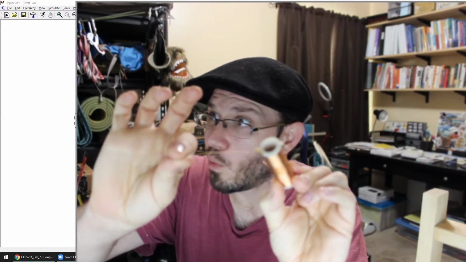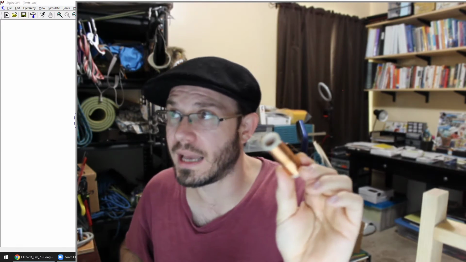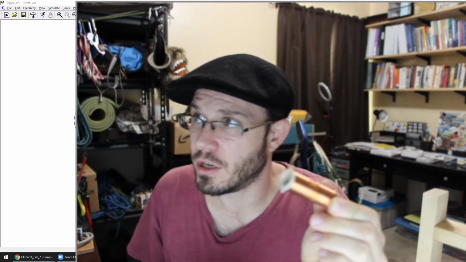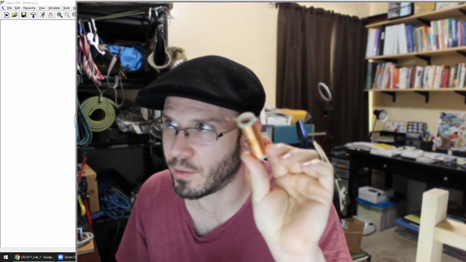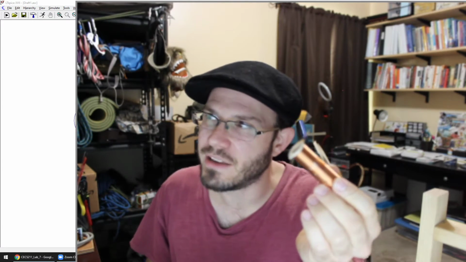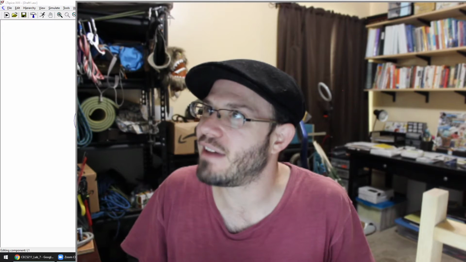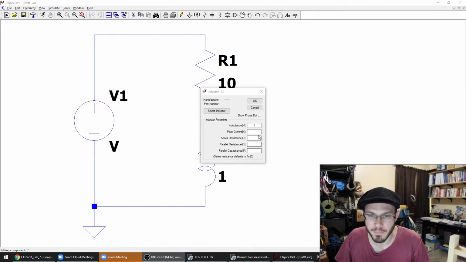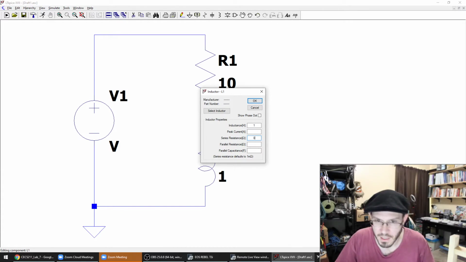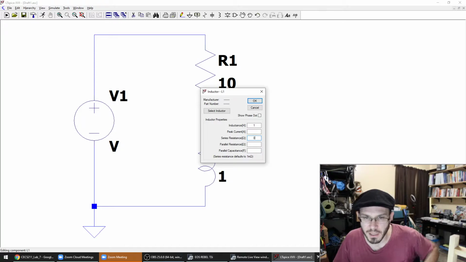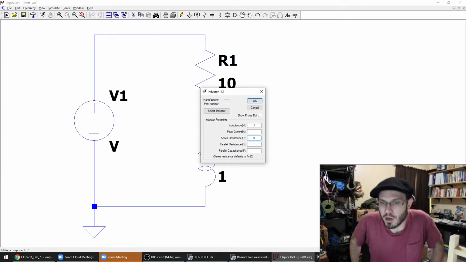Now, wire, we've been ideally visualizing it on the board as having 0 ohms of resistance. But unless you're cryogenically freezing your wire, you're going to have some resistance. And so LTSpice tries to put that into the model by default. So since I want this inductor to behave more like an ideal inductor, I'm going to set its series resistance to be 0 ohms. So when you right click on the inductor, below the inductance value, you have peak current